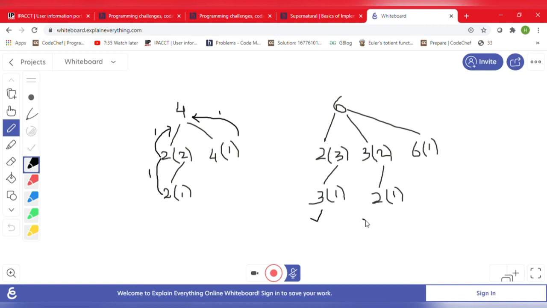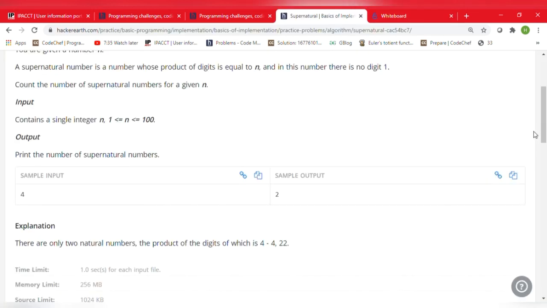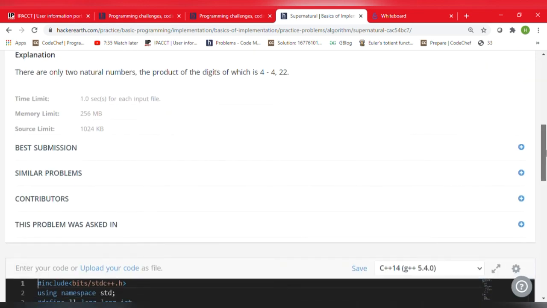If we look at 6, 6 is divisible by 2, 3 and 6. So we pass 6 divided by 2, that is 3, and then 3 divided by 3, that is 1, and when we get 1, we return the answer as 1. When we look into the code, it will be clearer what the recurrence relation is. We just loop through all the digits, 2 to 9, and whenever n is divisible by any of the digits i, we pass n by i to the recursive function.